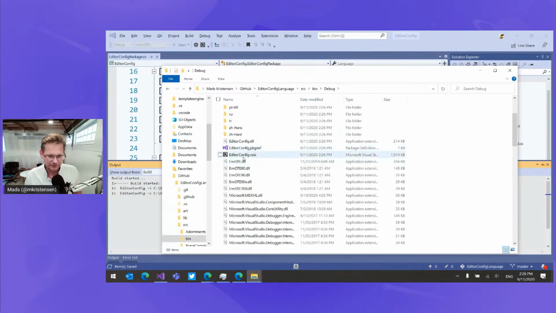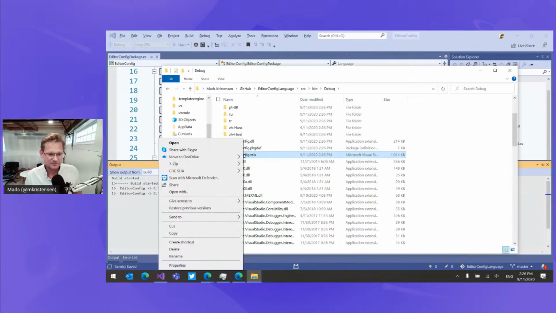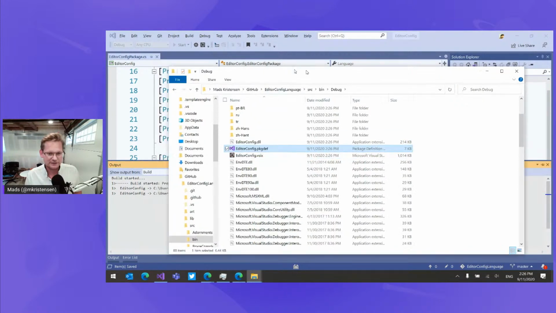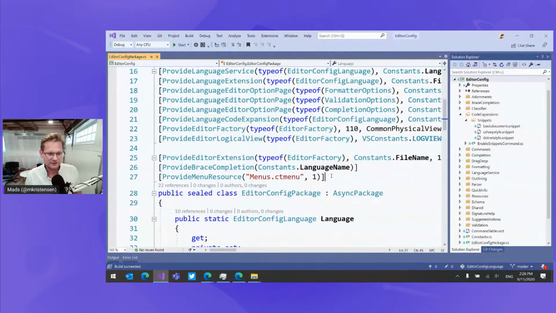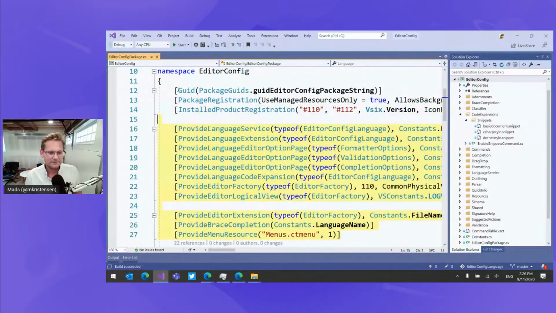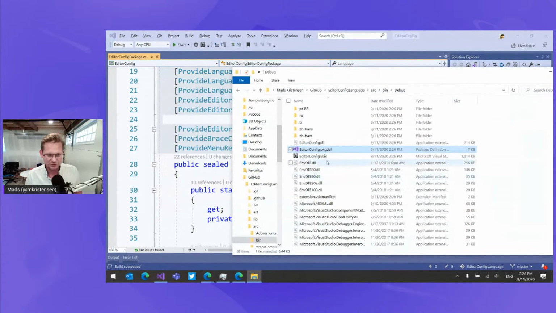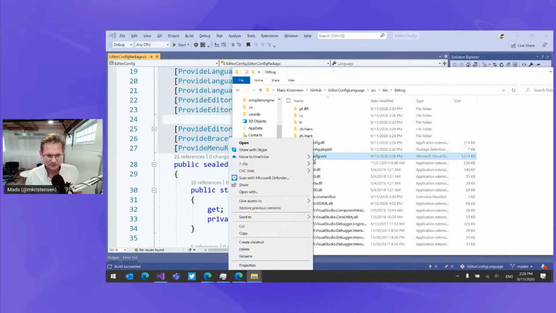All right. So here's our v6. Here's the editor config package def file that was generated. That's generated based on all these attributes that are right here. So the MS build target does that, but we can also peek inside